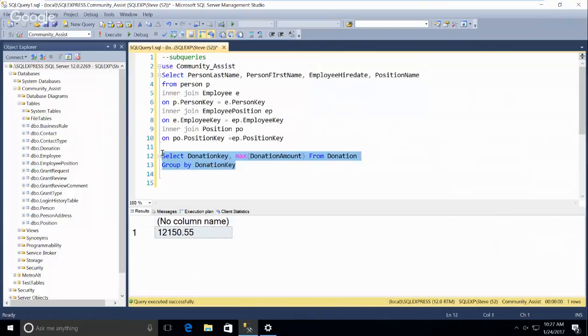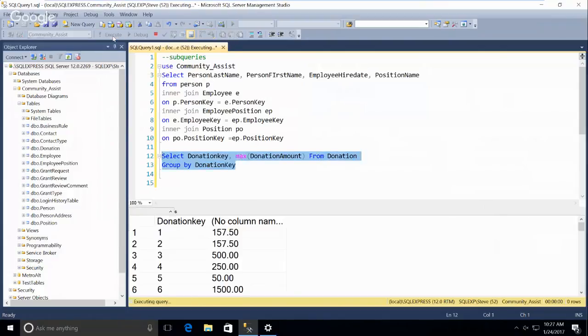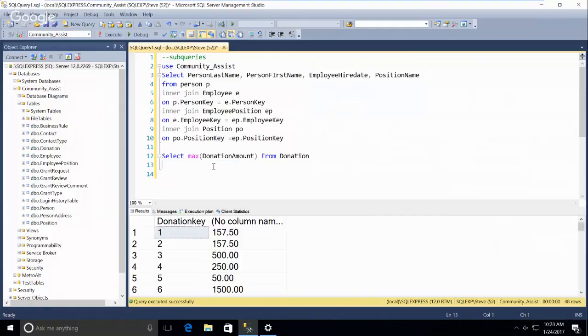So that is, I think, every single donation, right? Because each of these is the max for that donor. So if you wanted to know who gave, there are things you could do, like you could sort and put it on top, I suppose. But if you wanted to see who did this, without sorting, you could do